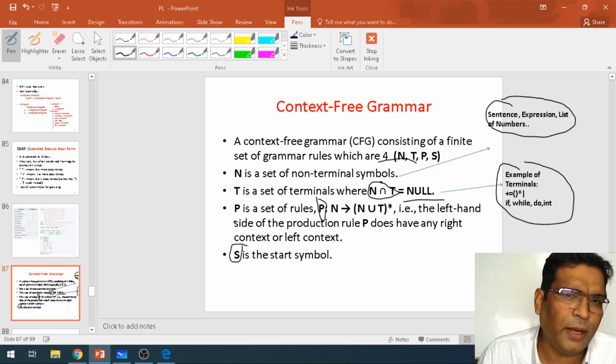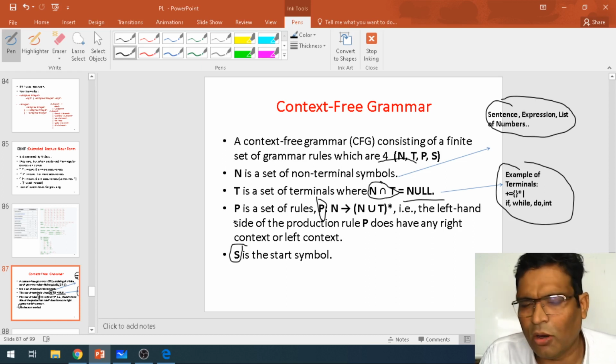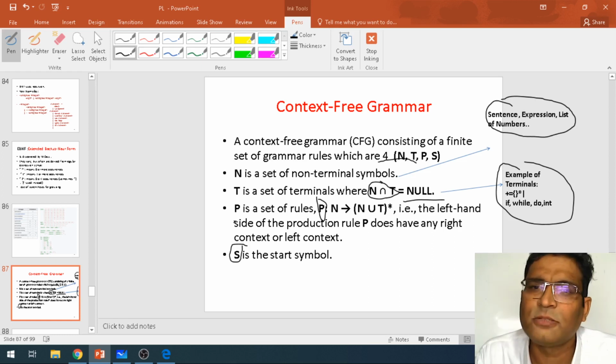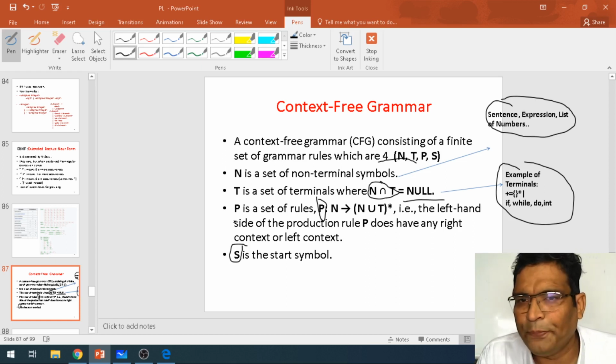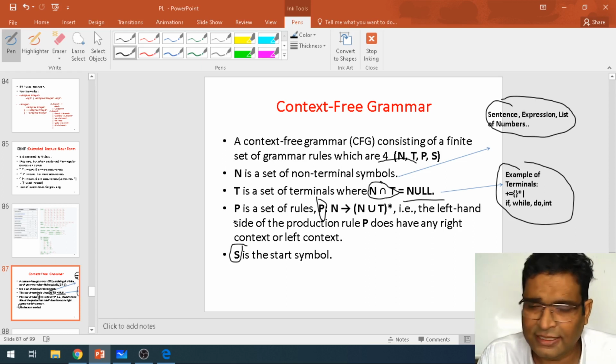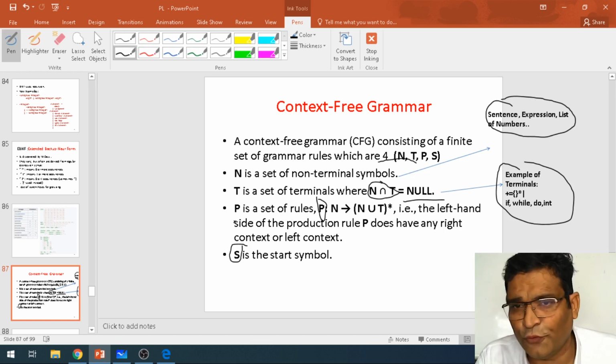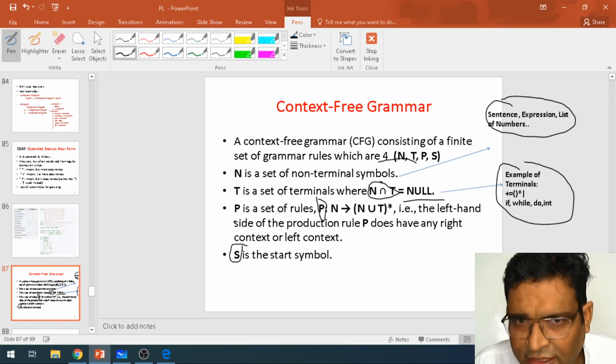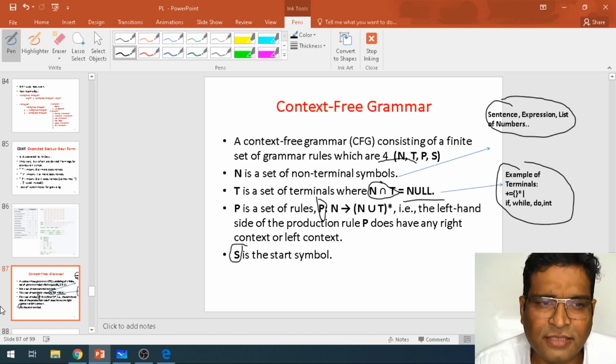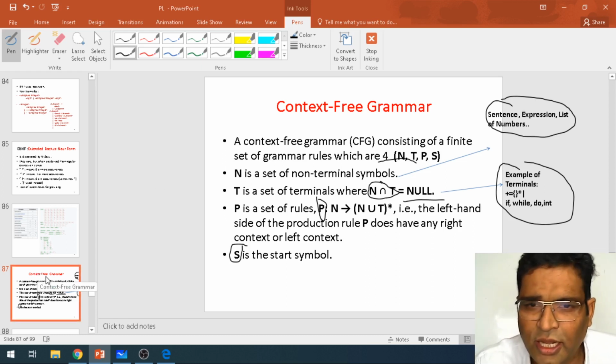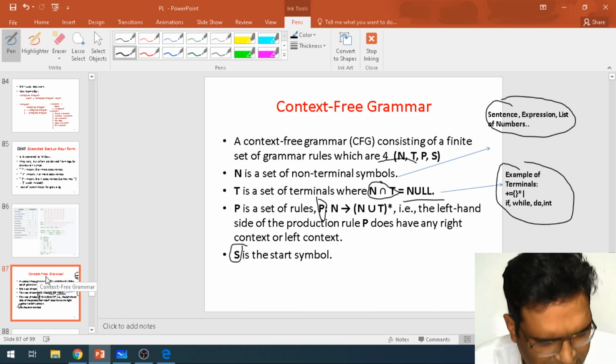So context-free grammar is something where any grammar or sentence you give follows this basic principle: NPTS. N is non-terminals, T is terminals, P is a set of rules, and S is the starting symbol. If they ask you what you mean by context-free grammar, you have to explain it with this example.